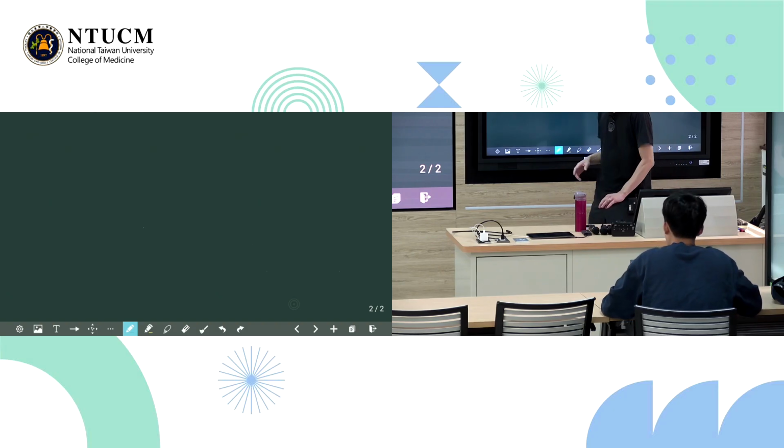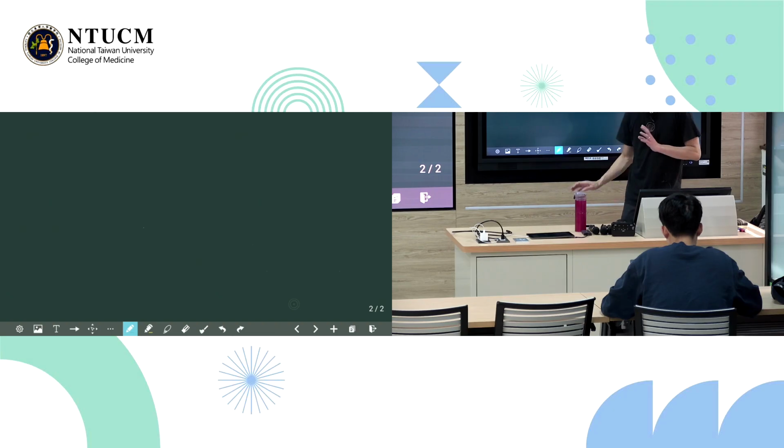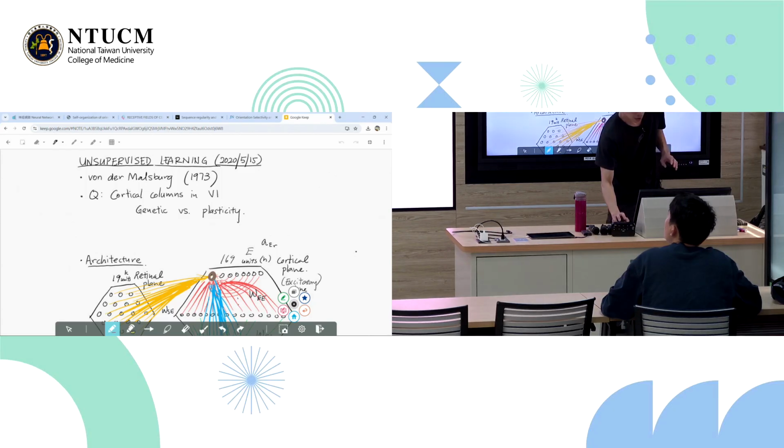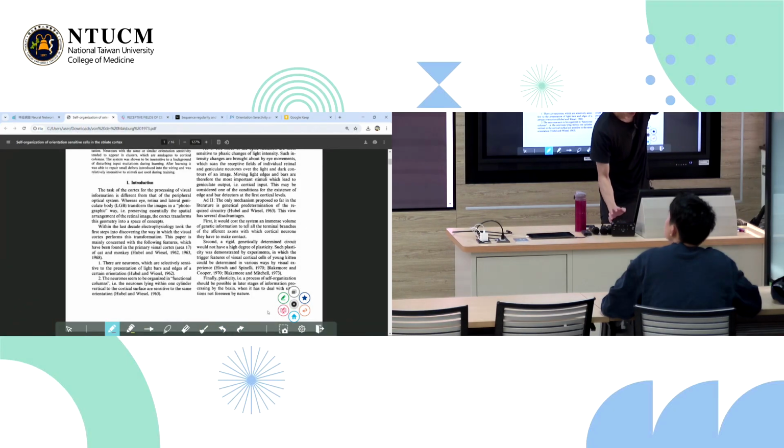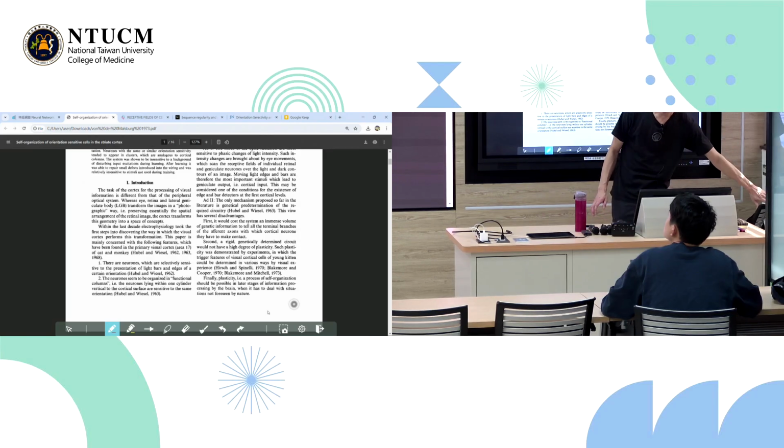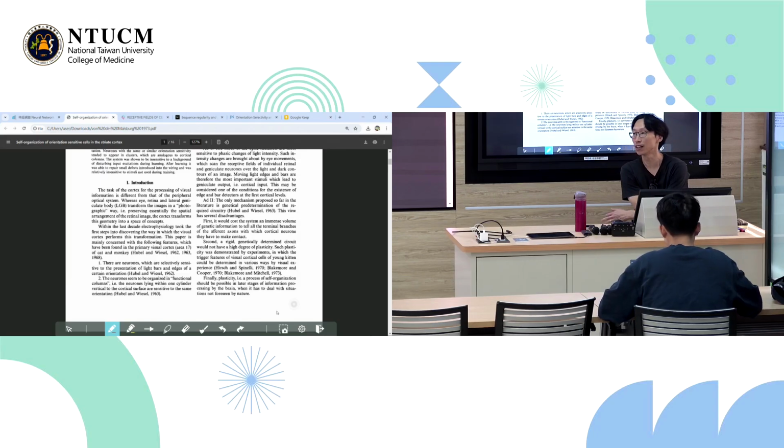Because of that, let's go to the von der Malsburg paper itself. Again, I encourage you, all these Hopfield and backprop papers, if you haven't read them, you should read them. I know it takes time because they are very dense papers, but they're good papers, and they're Nobel Prize winning works, so they deserve your attention and time to sit down, understand and digest.